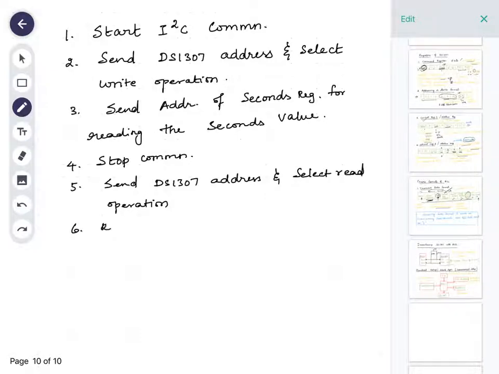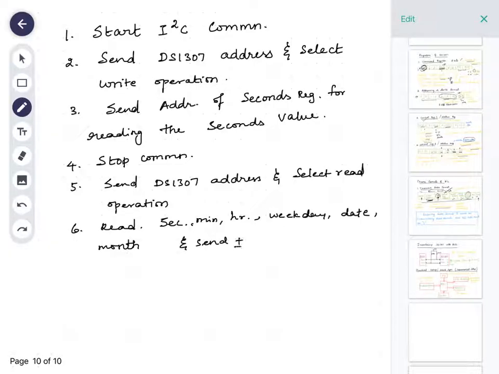Now read seconds, minutes, hour, weekday, date, month, one by one, and send positive acknowledgement.